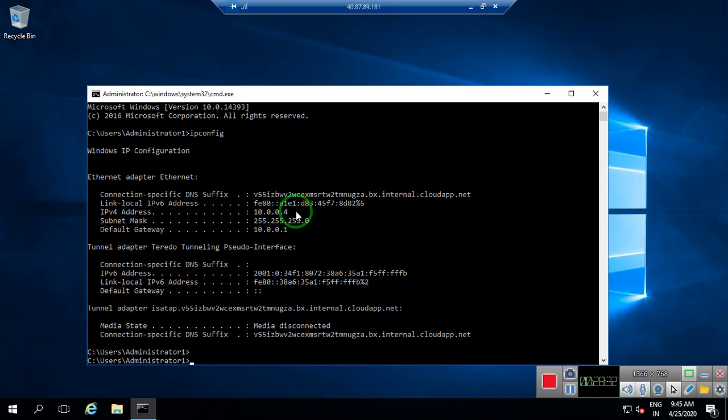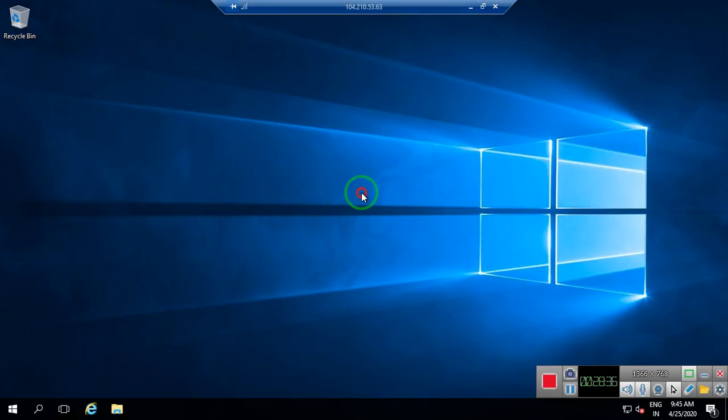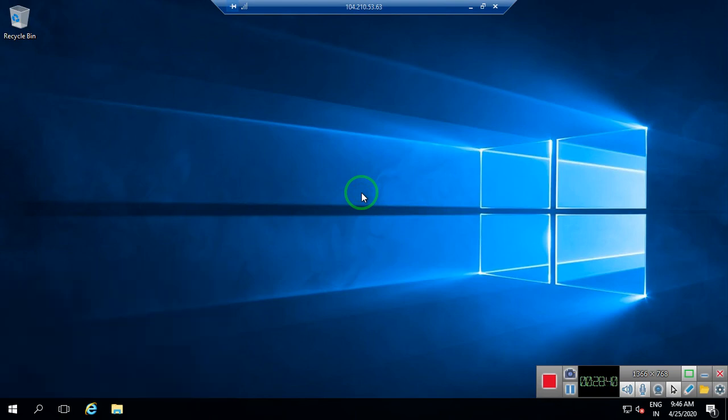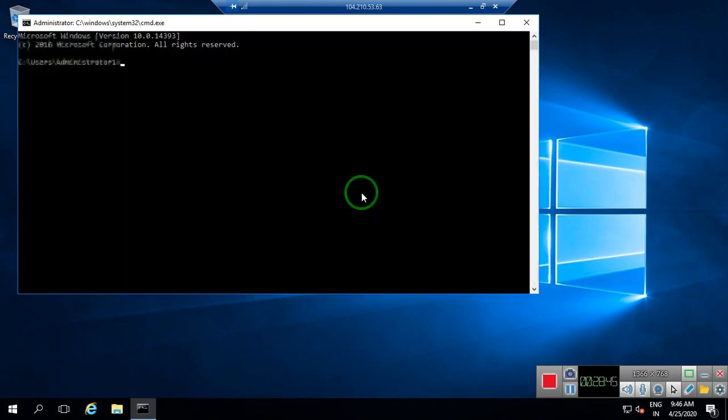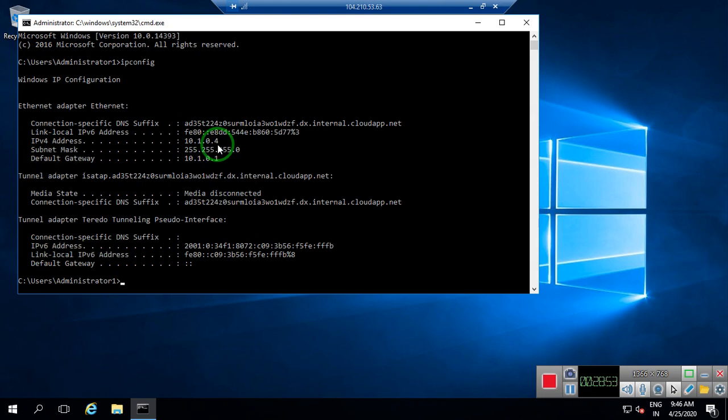Now I check my Windows Server 2 IP address. I open CMD there also, write ipconfig, enter. As you can see it works on 10.1.0.4. So this machine connects with West US, West VNet 1, and that machine connects with East VNet 1.